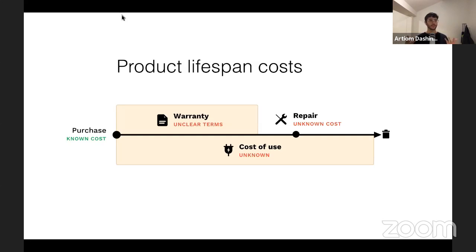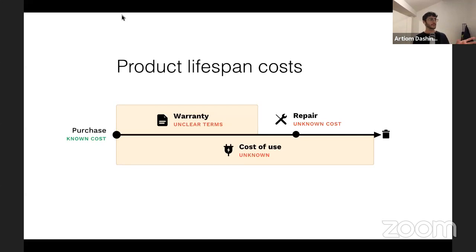Because if you think about it, today you're only paying to acquire the product, but you don't really know how much the repair will cost, how much resources it will require, and how much electricity you will pay. So I think those are also opportunities for digital products to solve.